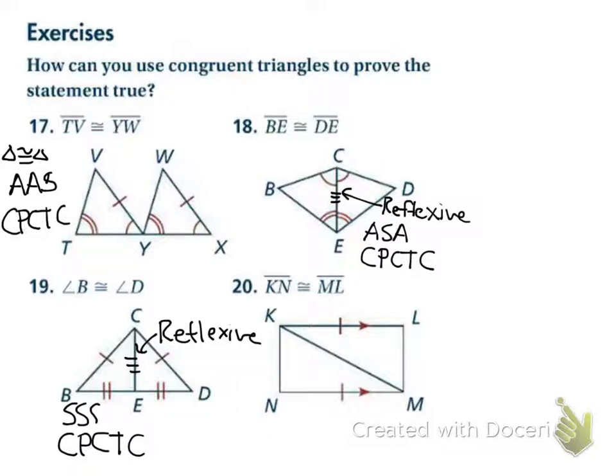Number 20, I have one set of sides. I have the reflexive property on KM, and then I have these parallel lines, and that's what those arrows mean. Whenever we see parallel lines, we're going to look for alternate interior angles, which I actually have right there. So KM is the transversal, and lines KL and M are our parallel lines. Here's our parallel here and here. So by our transversal, we get the alternate interior angles. So now